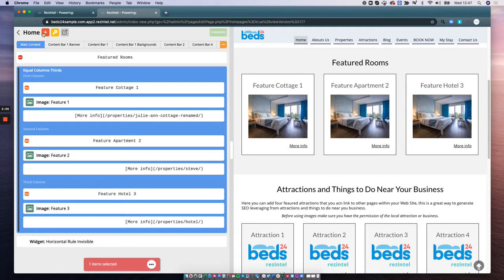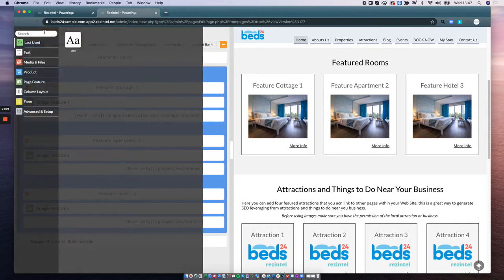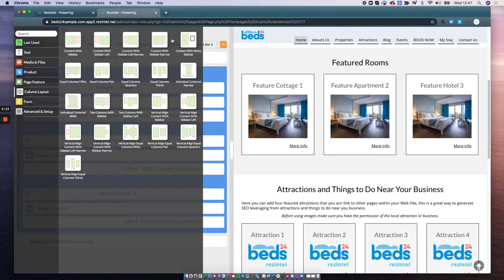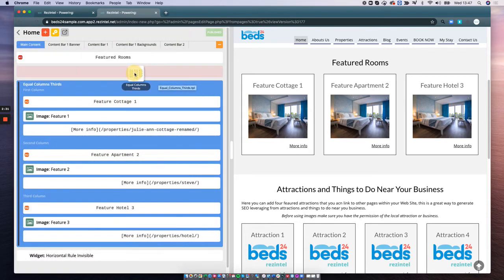If you go to our red box with the white cross where it selects the widgets and go to column layout, you'll see in here we've got all these different column layouts created for you. So you don't have to have any HTML skills, any knowledge of how to divide a web page up. You literally use these layouts, and in this case we've used the equal column thirds. So all you do is drag that down onto the page,